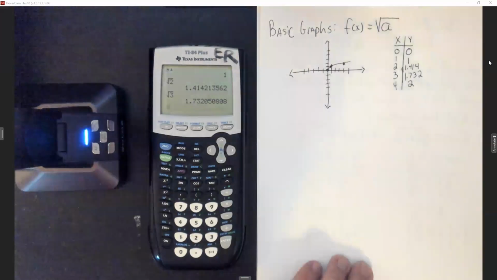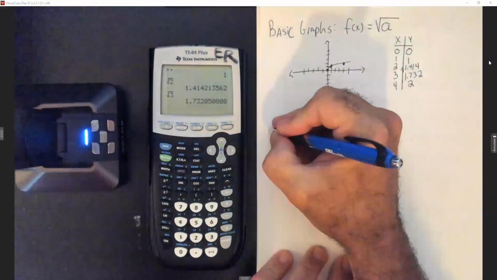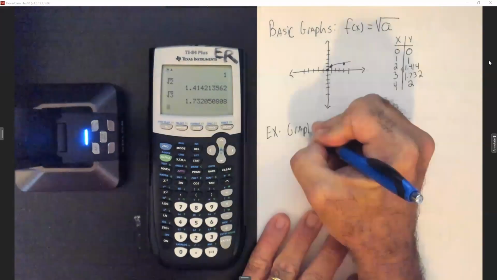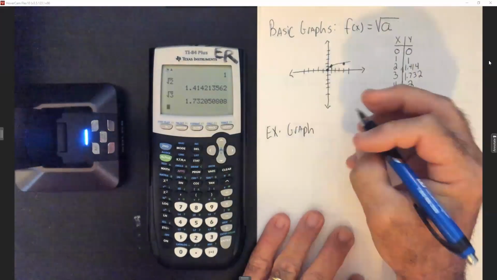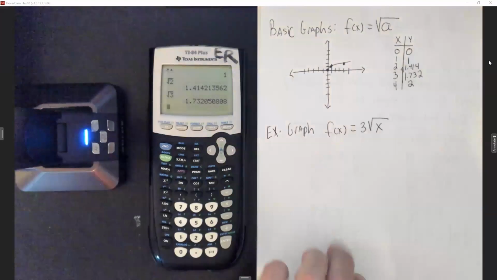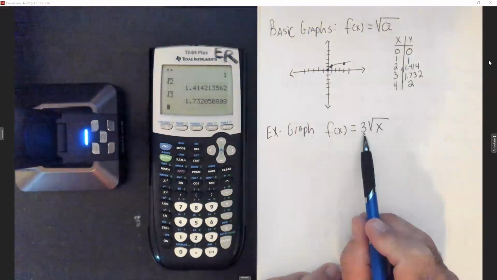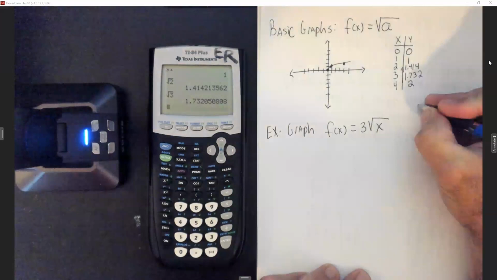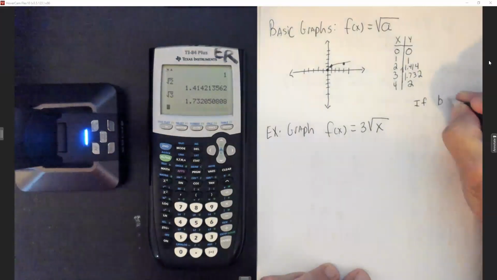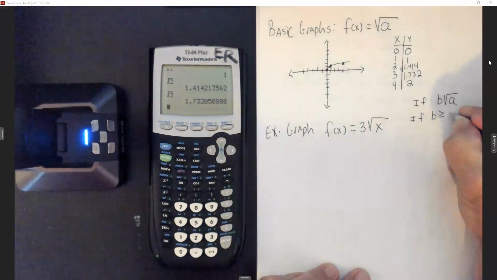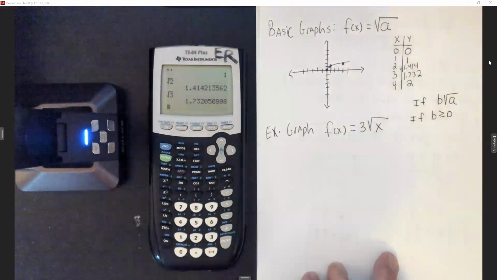Okay, so what we're going to do is look at what's happening on these graphs. So let's graph f of x equals 3 times the square root of x. So let me tell you what's happening with these numbers in front of the radical. So if we have something like b times square root of a, if the b is greater than or equal to 1,